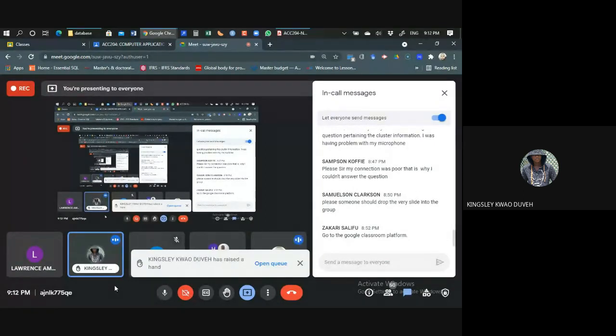So after we create a whole table for the phone, in linking them, is the student ID supposed to serve as a foreign key in the phone table, or is it rather the phone table that's supposed to serve as a foreign key in the student table? Okay, Kingsley, that's a very smart question, but